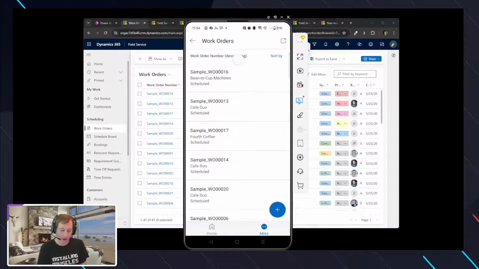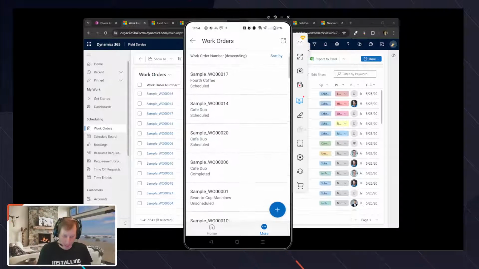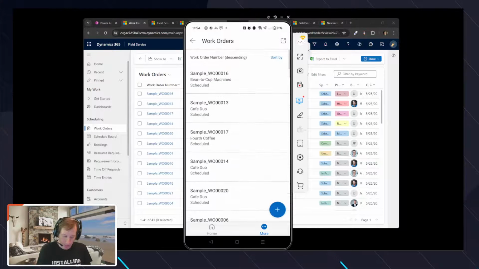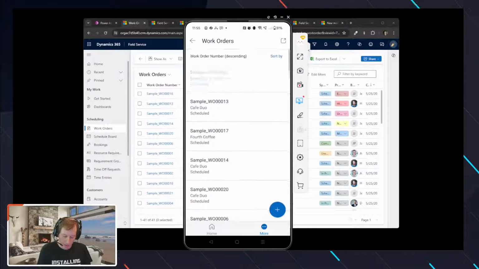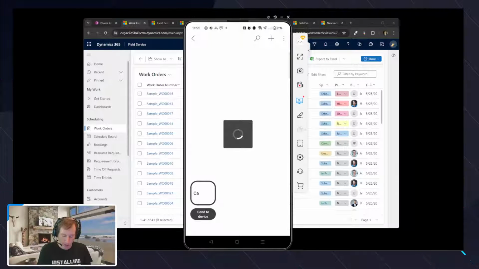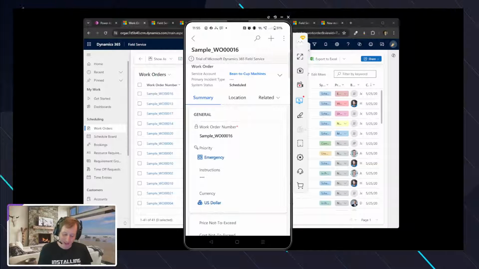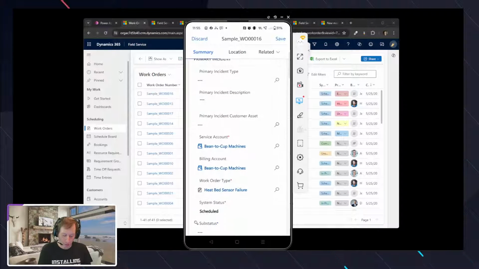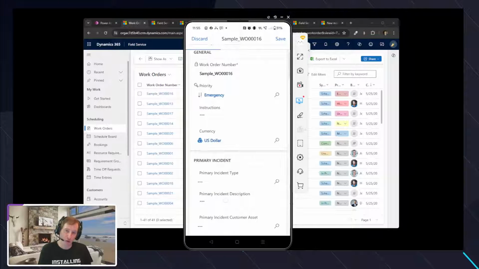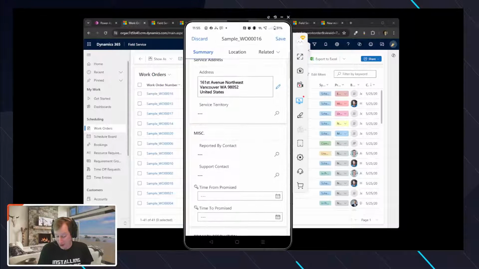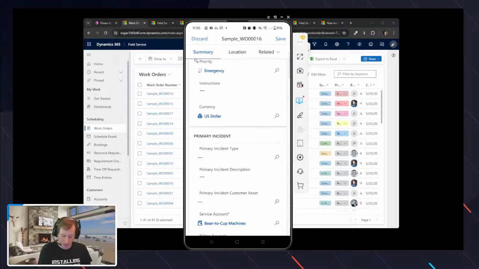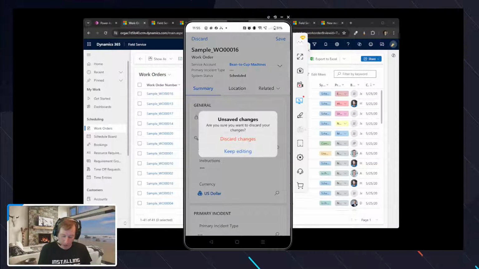So I've got my work orders form inside of here with some of that base information related to it. If I take a work order and click on one that's been scheduled, that view that we are looking at from the booking perspective, I'm really curious how close they get or not. In this example, when you click on our work orders right now, there's really not a new look and feel for this. This is the classic view, which is fantastic. It does its job, but obviously it's not like our activities or some of those other areas that have the new enhancements. Let's go ahead and discard that